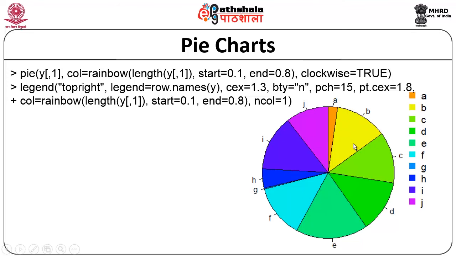Now, for each and every sector in this pie chart, I can assign a label by using the legend argument passed to the pie method. So, I can define a separate legend method providing where it needs to be displayed. When I mention the position as top right, the legend associated to various sectors in this pie chart will be displayed on the top right corner, and then the font size is defined by means of the cex parameter.